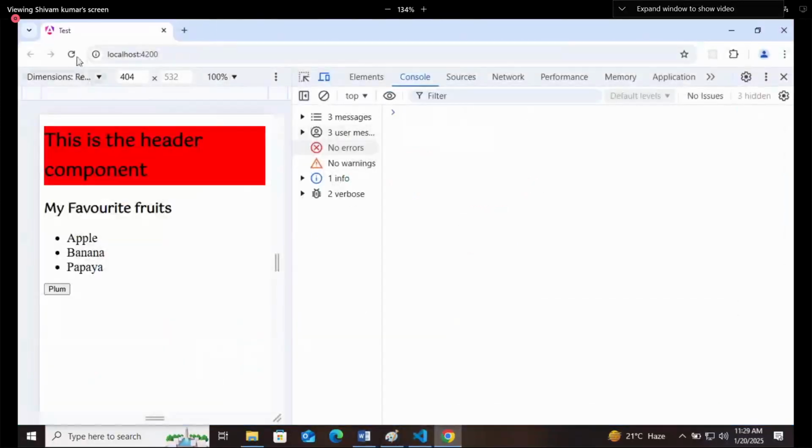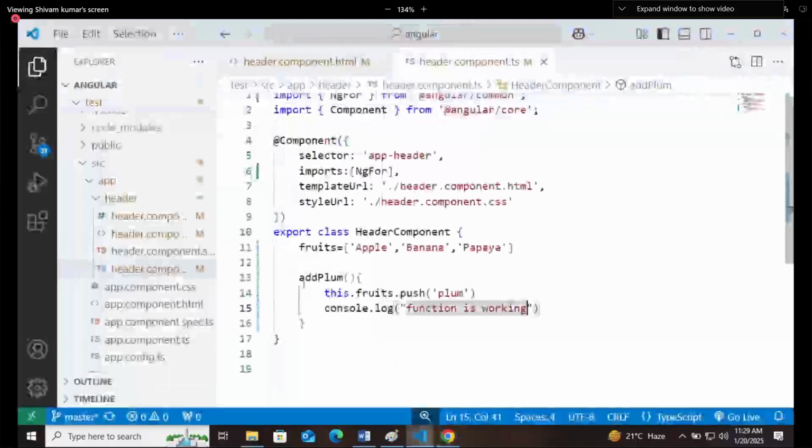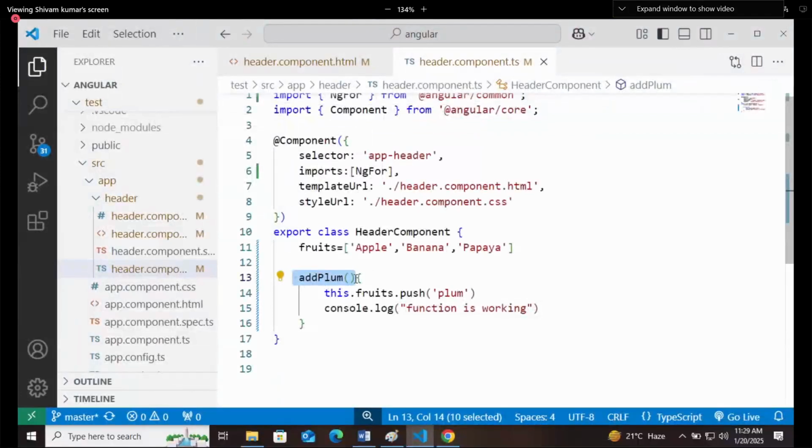Again the same thing we will do. This time again it is saying that addPlum is not defined, and here we have defined the addPlum. How many of you got this? The reason, how many of you got the reason?